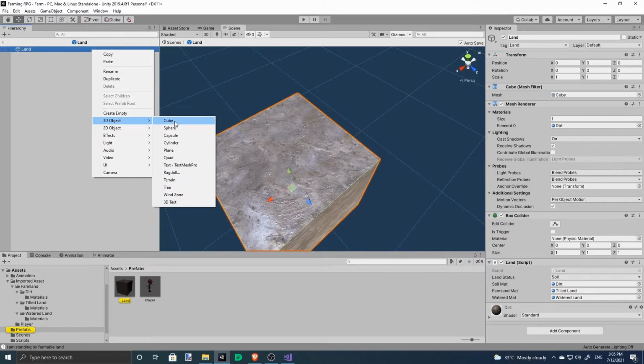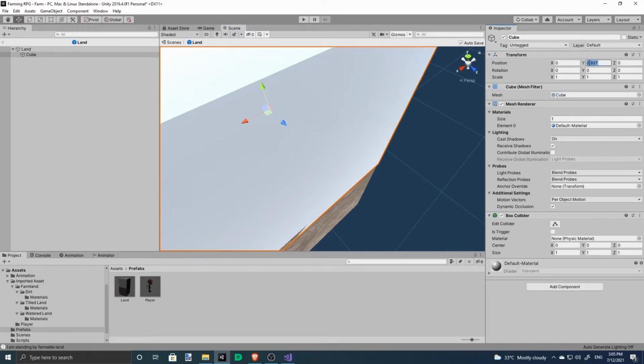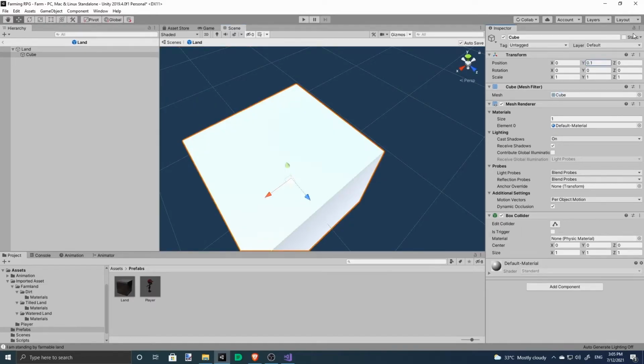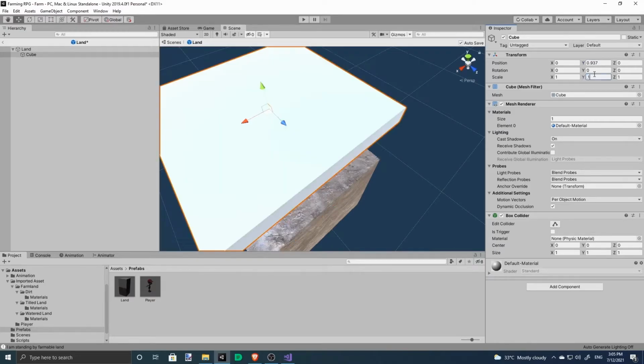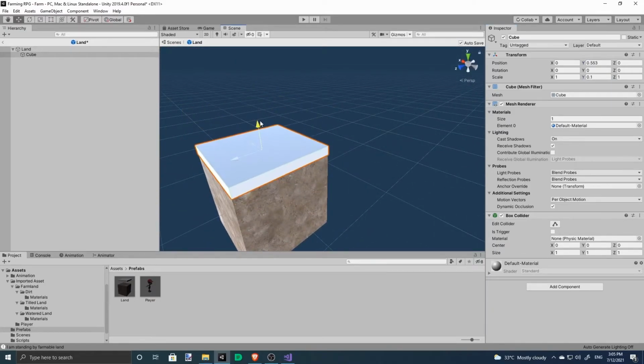Let's create a new object. Reduce the scale a little bit. Set it to inactive. Or this select.